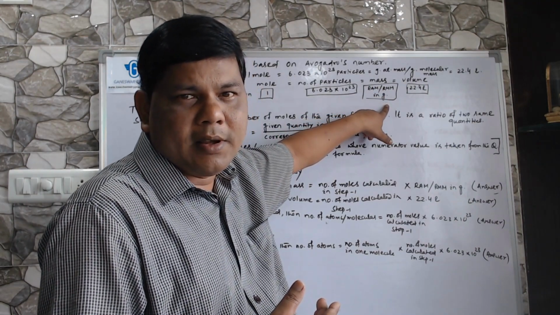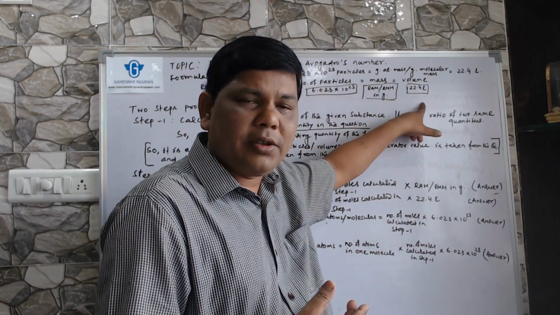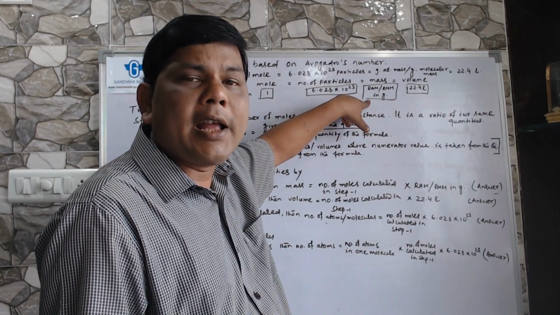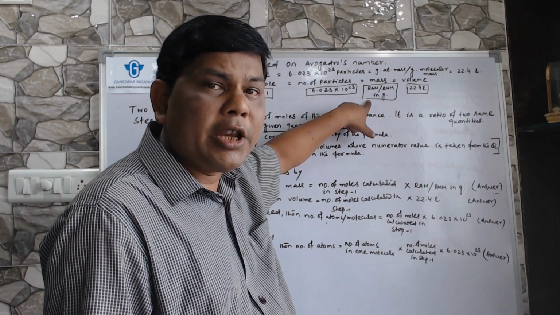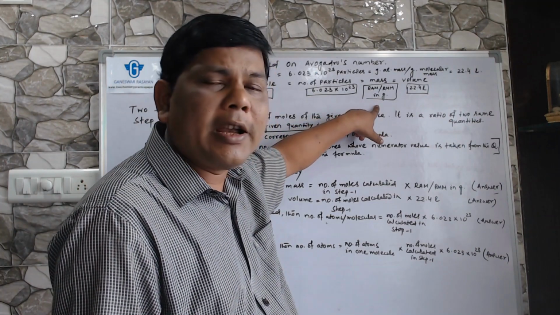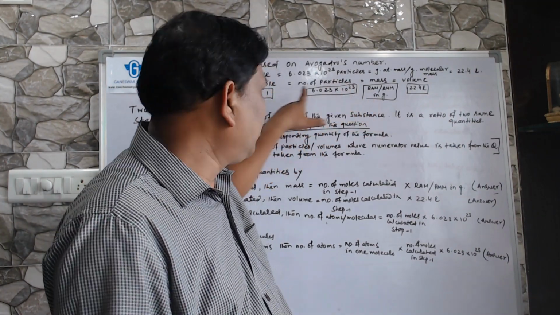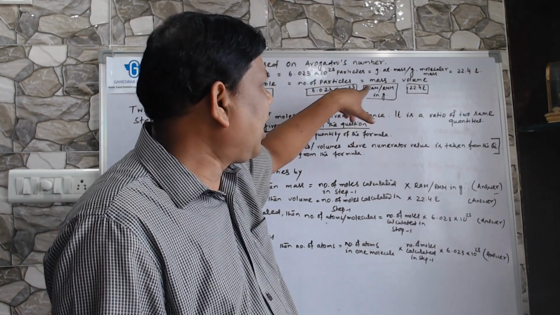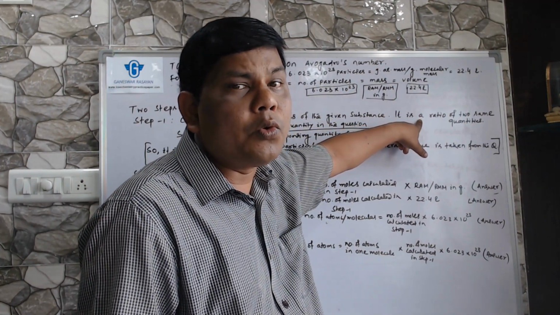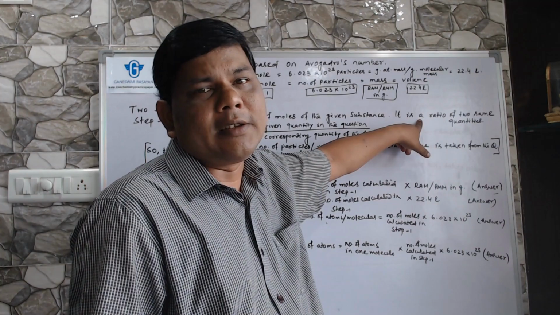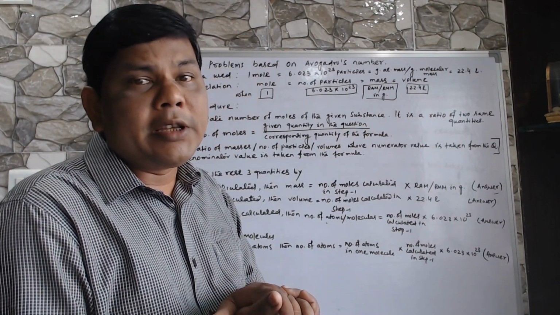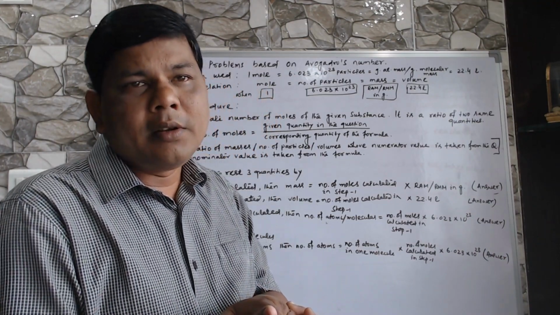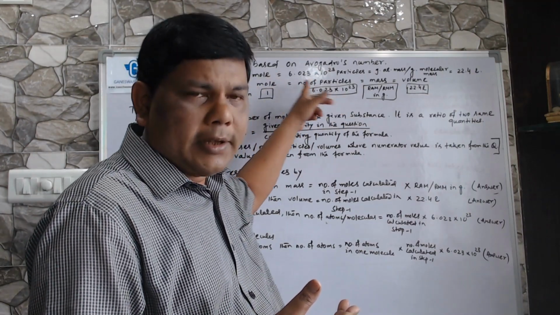Similarly, mass is interrelated to this. Let's suppose it is carbon dioxide. RMM of carbon dioxide is 44, so in gram it is 44 gram. If you take 44 gram of carbon dioxide, it will be equal to 1 mole, and it contains 6.023 into 10 to the power 23 molecules, and it would occupy 22.4 liters. Means its volume will be 22.4 liters, subject to the condition that it must be taken at STP. So we can start from one to the other.